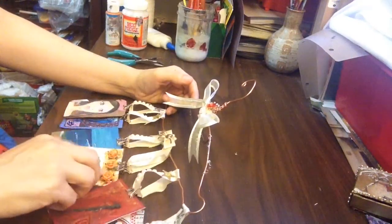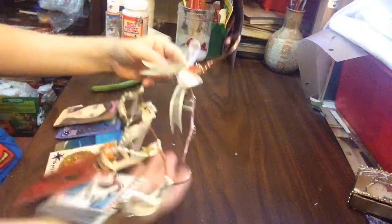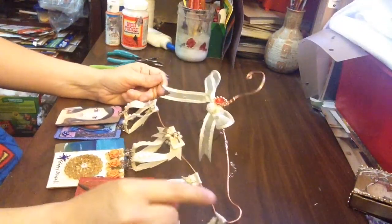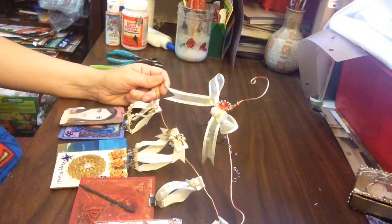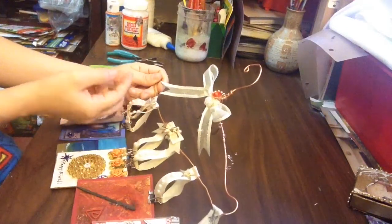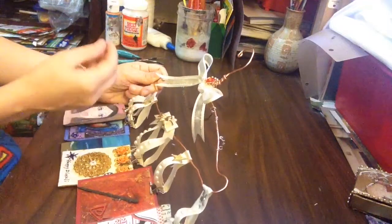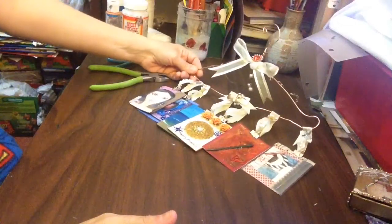So, there's a little piece of paper that's bugging me. Okay, so I'm just going to give you guys the instructions to basically how to make this part. It's pretty easy, you know, just looking at a hanger. But the challenge will be just, you know, decorating it and making it your own, and yeah, having fun with it. So what I use is copper wire,